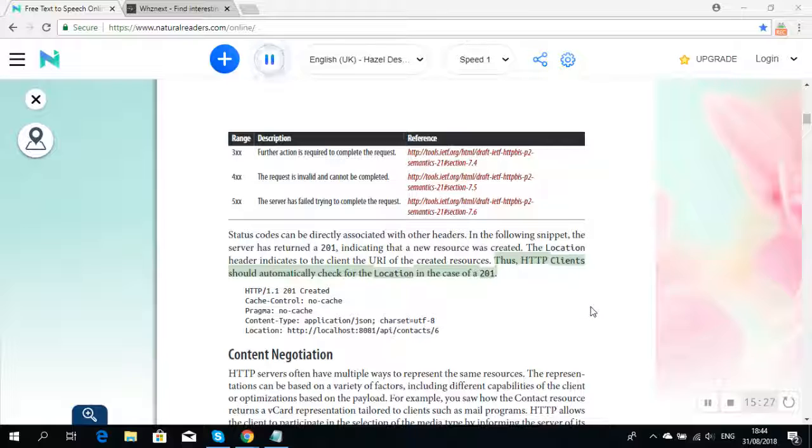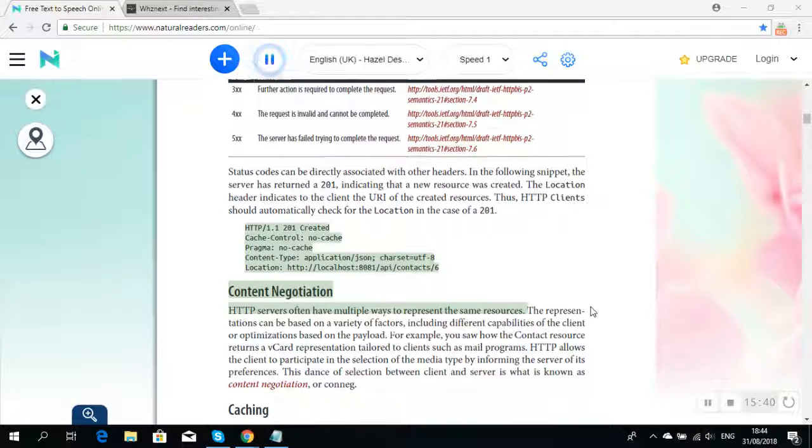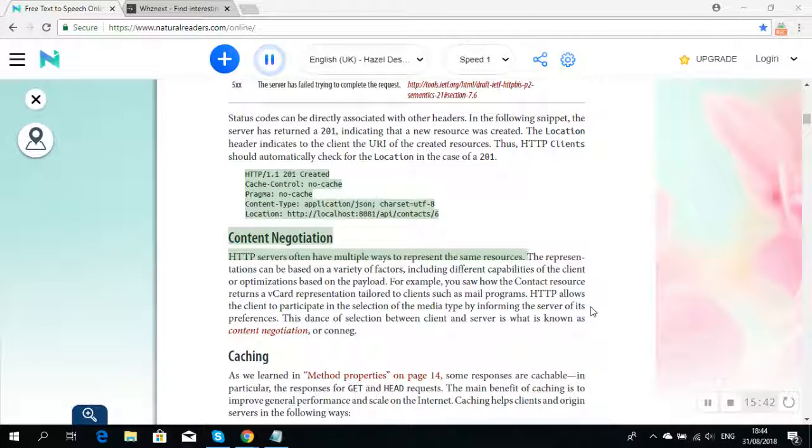Thus, HTTP clients should automatically check for the location in the case of a 201. HTTP/1.1 201 Created, Cache-Control: no-cache, Pragma: no-cache, Content-Type: application/json; charset=utf-8, Location: http://localhost